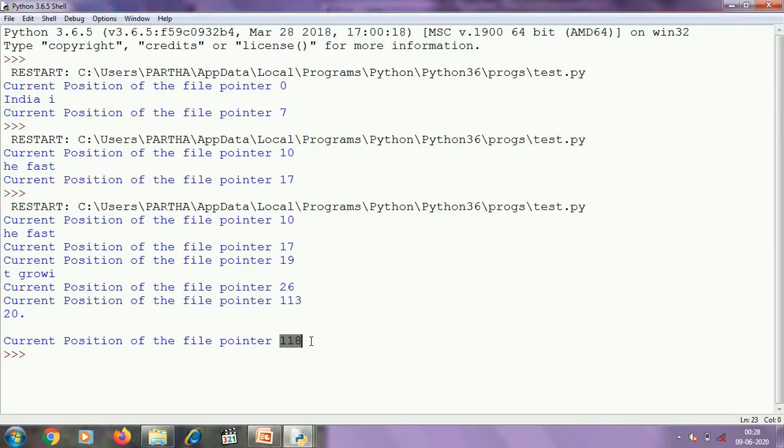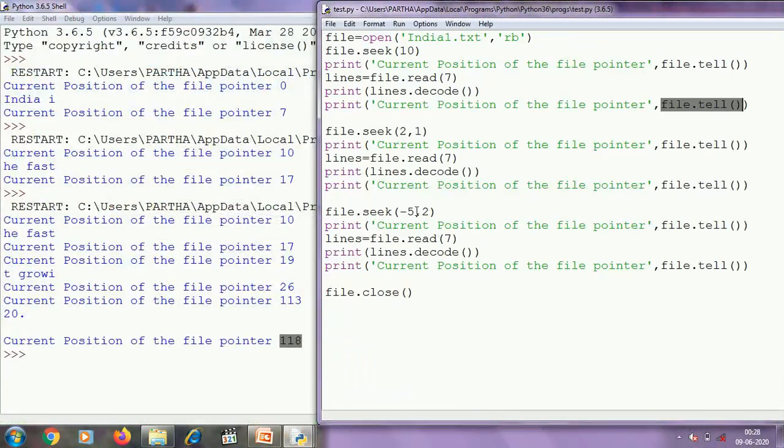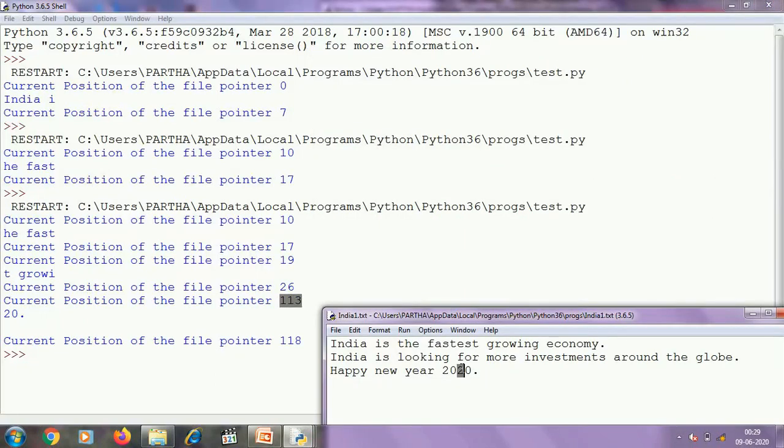The end position is 118, and from that position we will move backward. So you can see in the program we have written -5. So 118 minus 5 equals 113. So this position is 113, this is 114, this is 115, 116, this is 117.